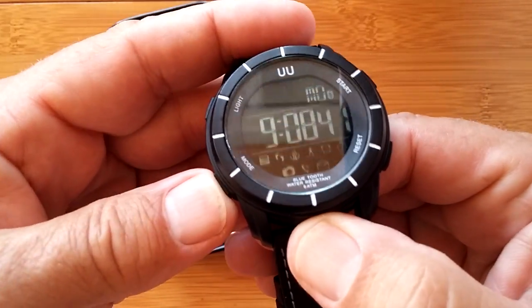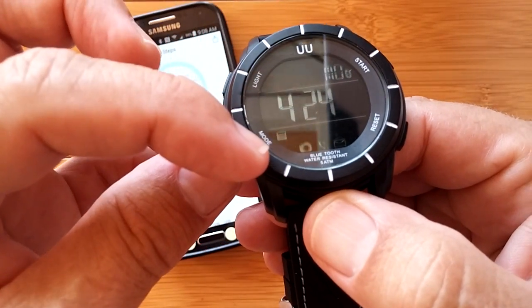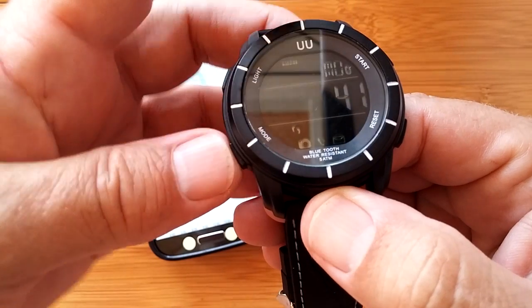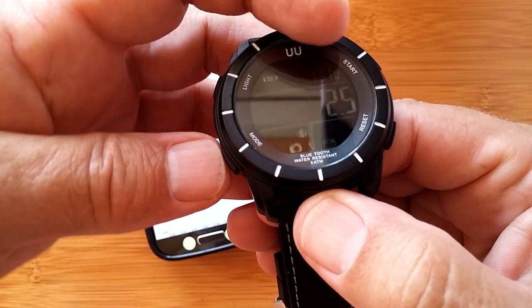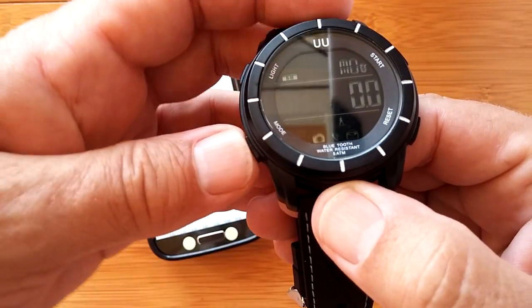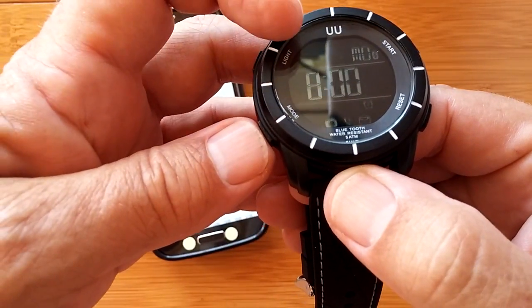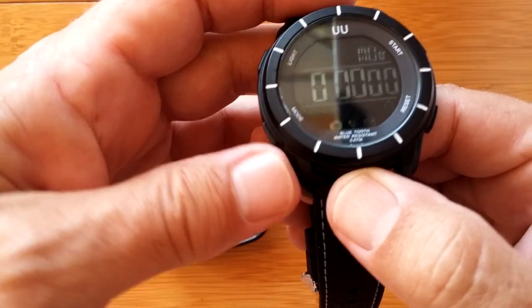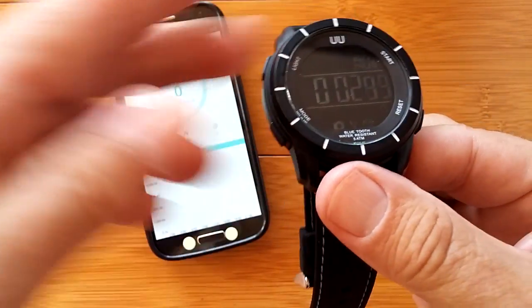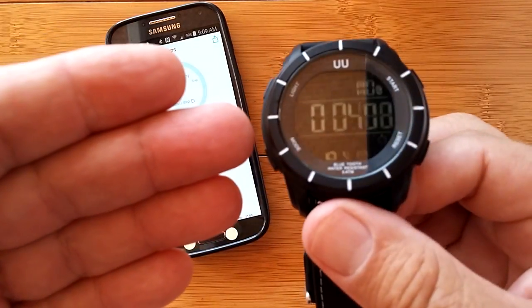Here's the time. I press it once, and now it's showing me the date. That's the calendar. Then it's showing me the steps I've taken today, what that translates to in calories, what that is in miles or distance. Here's the alarm function. Here's the stopwatch function, which you start and stop here. I played with it all over the weekend, and it runs to